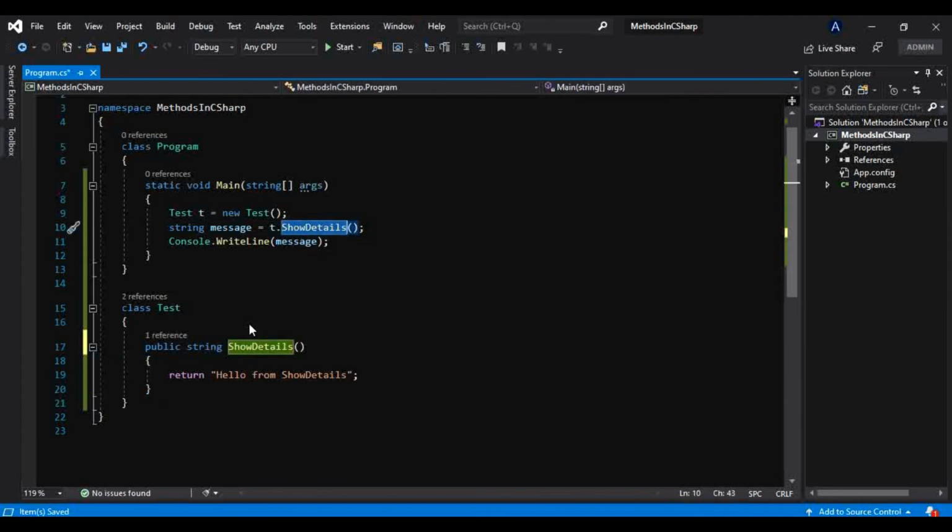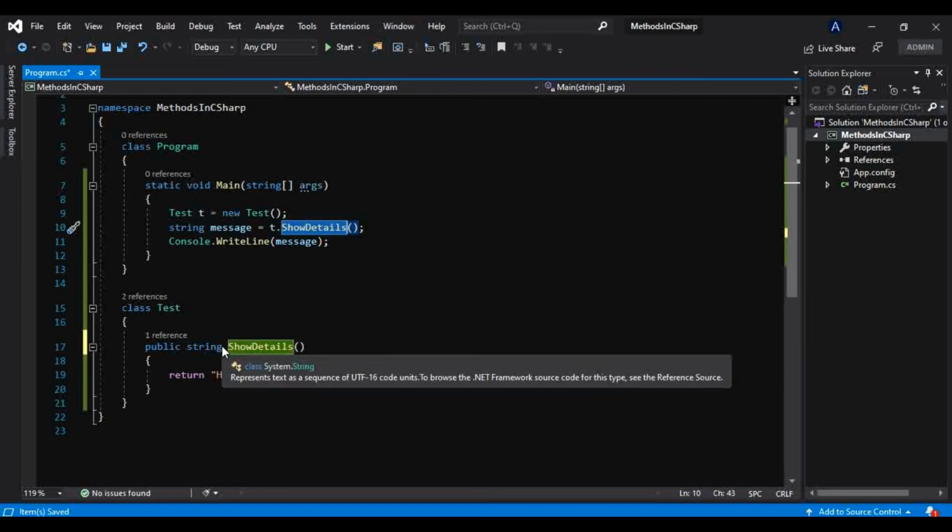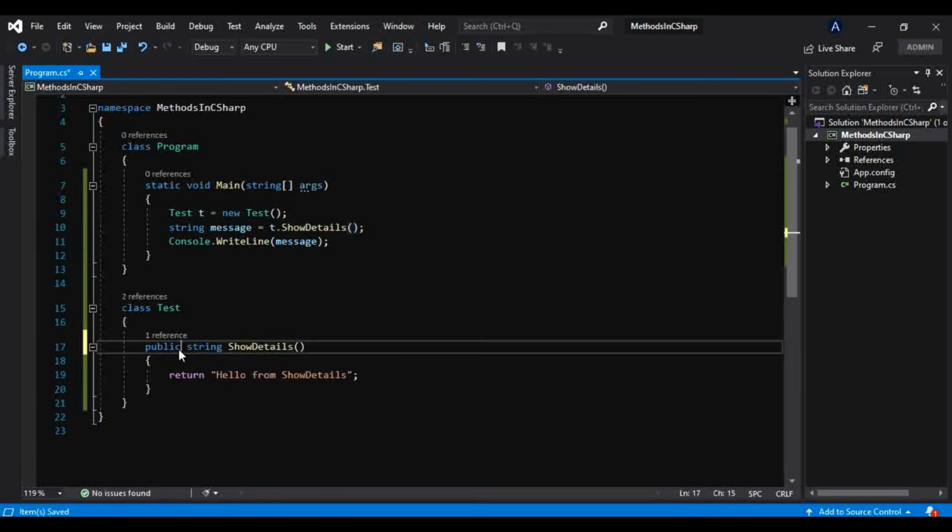So again, don't worry about these access modifiers. We will be learning in very great detail about them, that is private, public, internal, and every other access modifier. But just to show you, I have given you one example of public, and again what I have told you, after that we can put any keyword also.